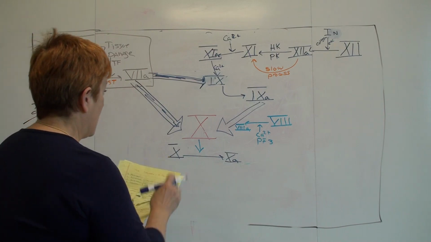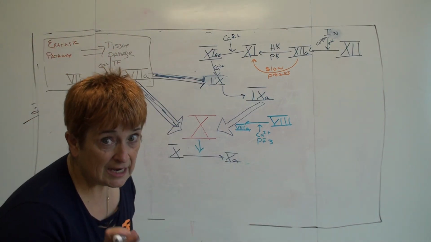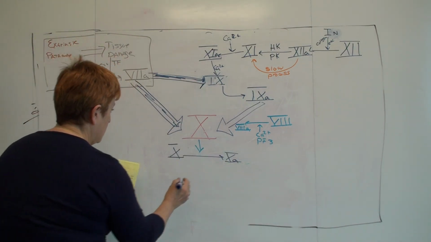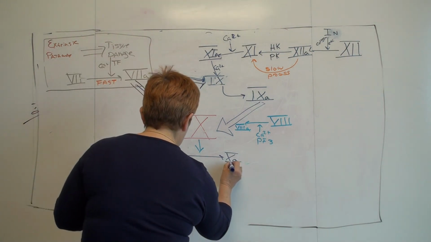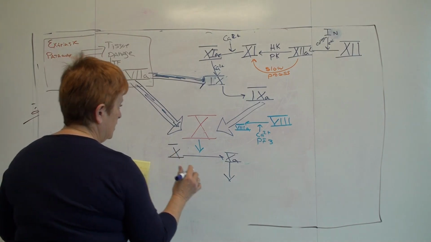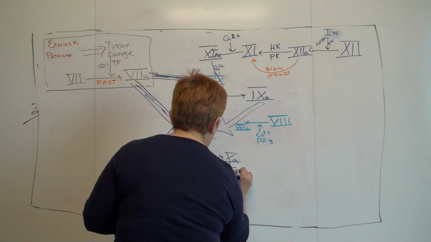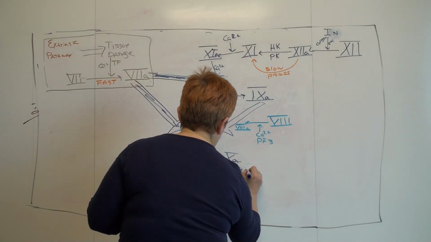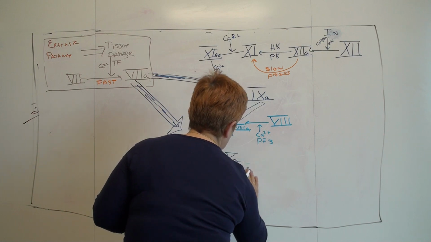Okay. Now, the next step that's going to be happening is that your 10A, I think I'm going to run out of room here. I hope I don't. 10A, in the presence of your calcium and your platelet factor 3,